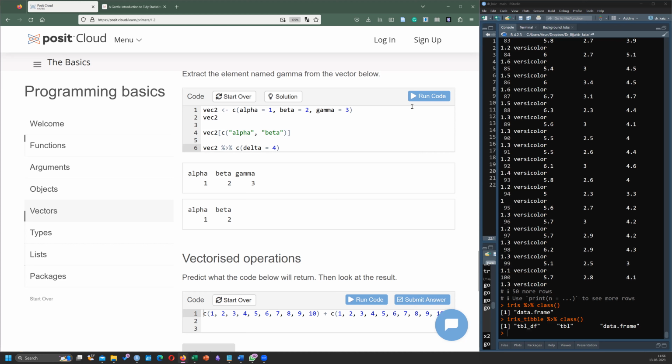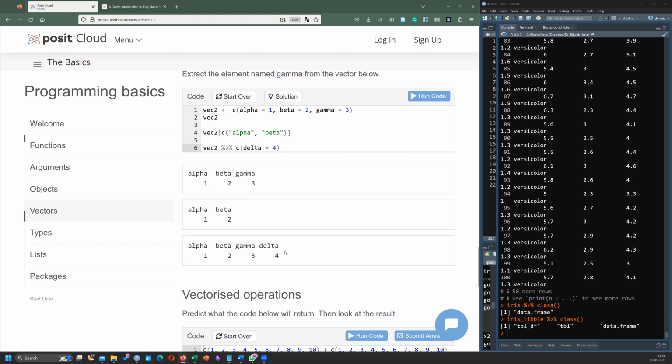Will that work? Do you have any doubts? Are you understanding what I'm trying to do? Yeah, because I'm just concatenating. I'm just adding.